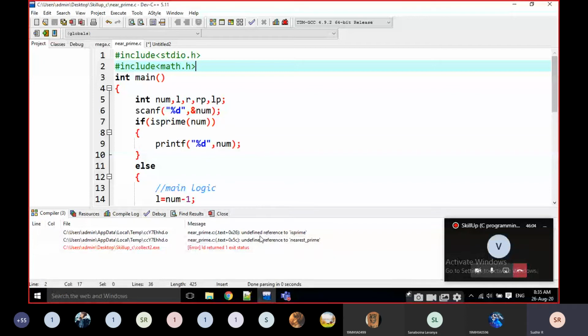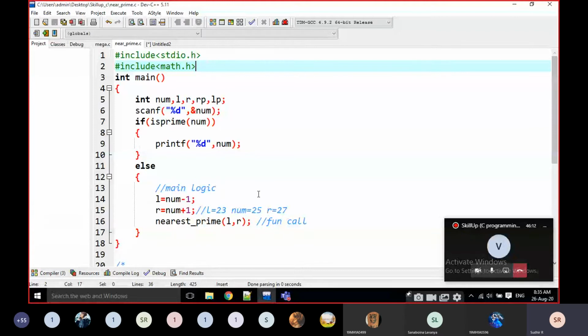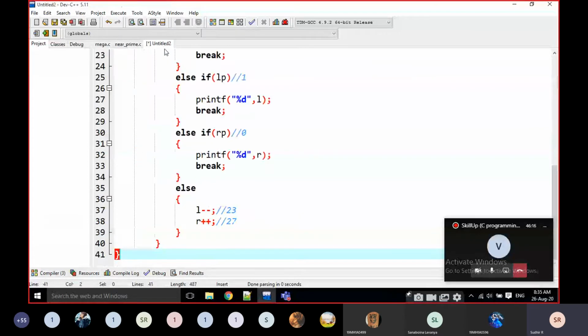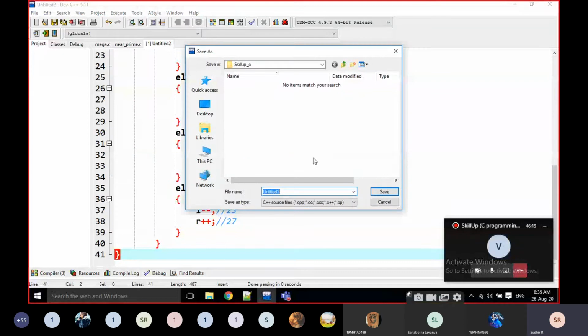It says undefined reference to is prime. That means is prime and nearest prime are not defined here, right? That is the error. For example, I'm going to save this one as some primes.